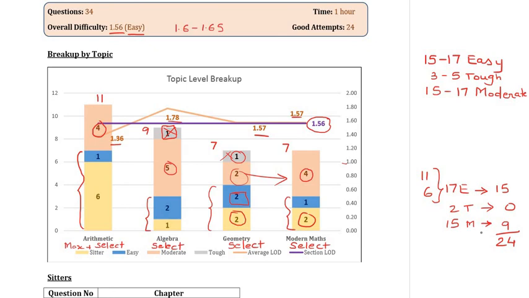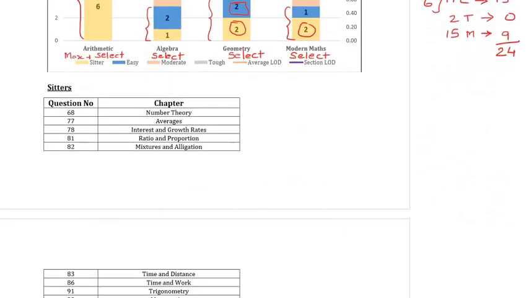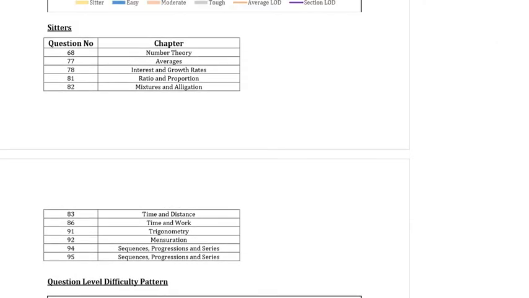Having said that there are 11 sitters, let's have a look at these sitters. So our faculty have created a list of these sitters, which is not an exhaustive list by any means. Now, one thing you might have observed in this particular mock is that, like slot 1 of CAT17, questions from one area were all arranged together. So most arithmetic questions were one after the other, most geometry questions were one after the other. This was done deliberately to give you a feel of what to expect when questions like these are not really jumbled but arranged in that kind of a sequence.